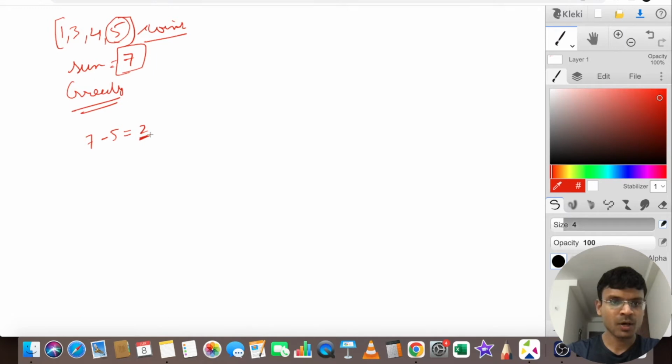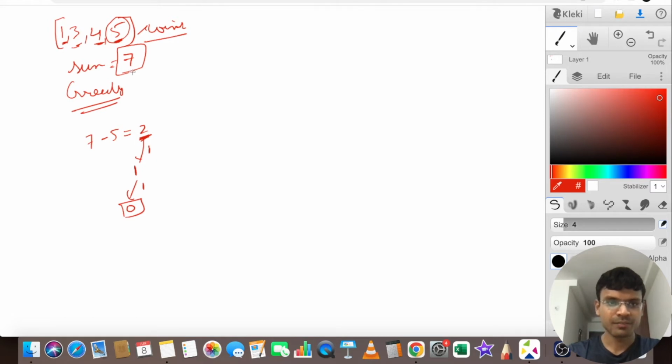Then I have to somehow make value 2 out of this coins array. I cannot use a coin of denomination 5, and I cannot use 4 because 4 is greater than 2. Cannot use 3, but I can use coin 1. So if I use a coin 1, the remaining value that I have to make is still 1. Then I can again use a coin of value 1, and the value I have to make now is 0, which means I have completed